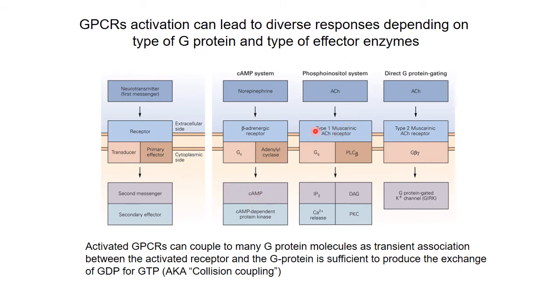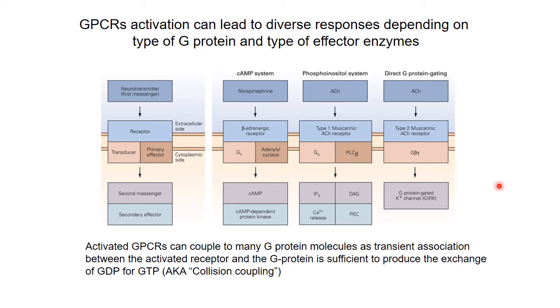But you may have type 1 muscarinic receptor, which will have Gq, and again phospholipase, which we talked will lead to increase in IP3 and diacylglycerol and a different downstream effect. Or we can have inhibitory Gi, which will then, beta-gamma from it, is going to lead to the opening of